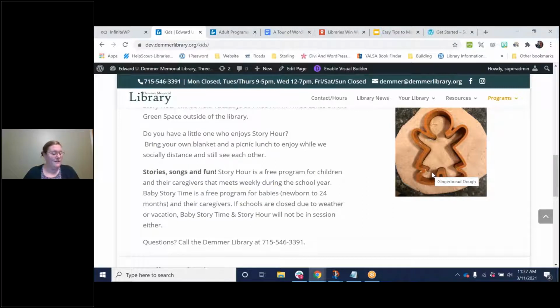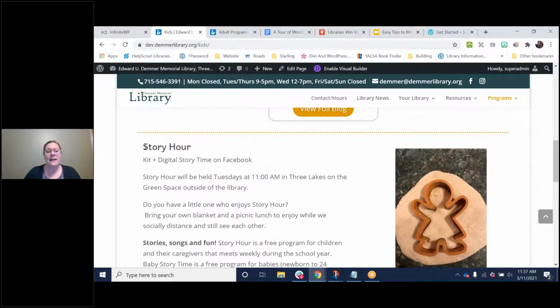I want to stress color and contrast again. If I used a yellow font here, would that be super accessible? No, it would hurt my eyeballs. People with vision loss might not be able to even see yellow on white. And it just is not good design. So do you see how accessibility, design, and search engine optimization all work together there? It's a package deal. When you're talking about one, you're talking about all of them.